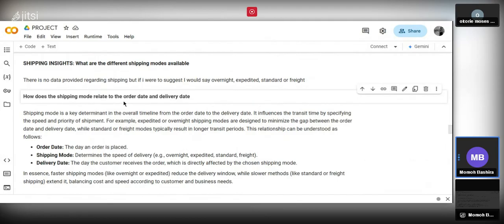So under shipping instead, I was asked how the shipping mode relates to the order date and delivery date. Although there was an order date given in our data set, there was no delivery date provided. So any mode of shipping could not be ascertained at that time. Although I had to do a little bit of research and